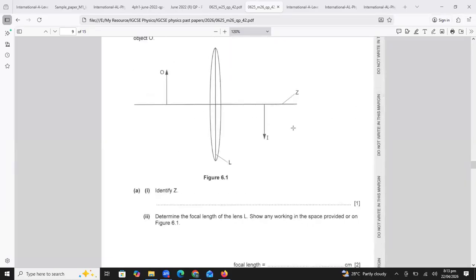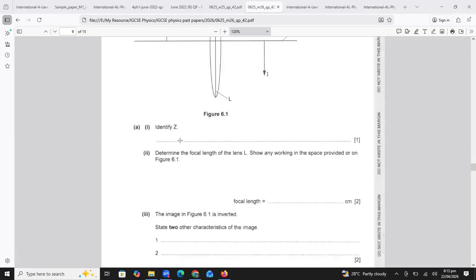But if you have hard copy, beta, it is better to measure with the help of the hard copy. I have shared the soft copy of this file with you on the WhatsApp group. So take out the print, all right, and measure the focal length with the help of the meter rule.